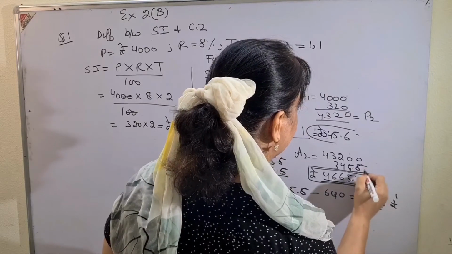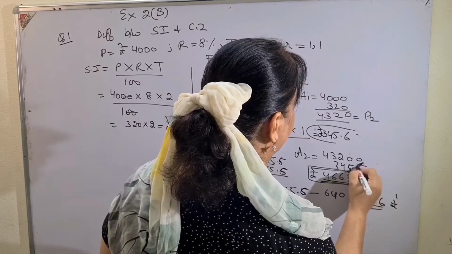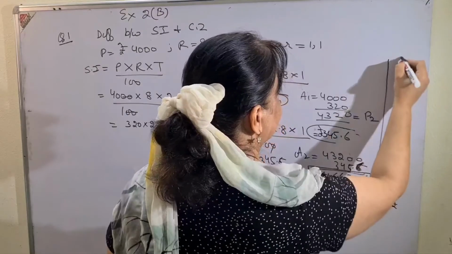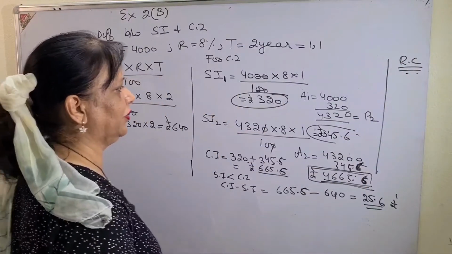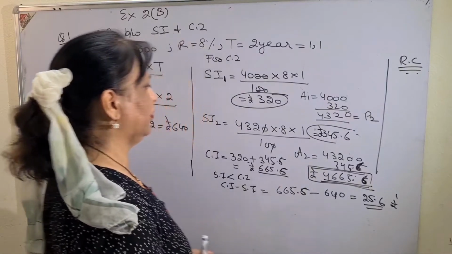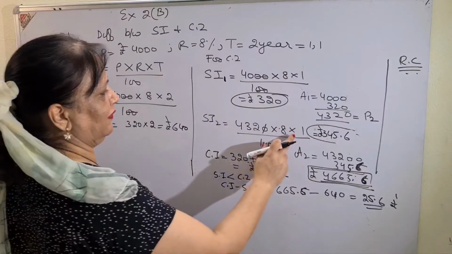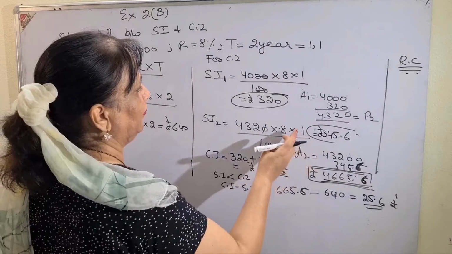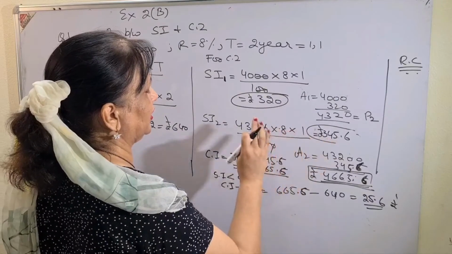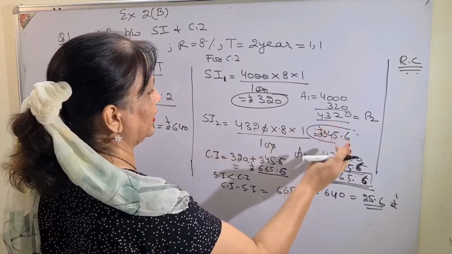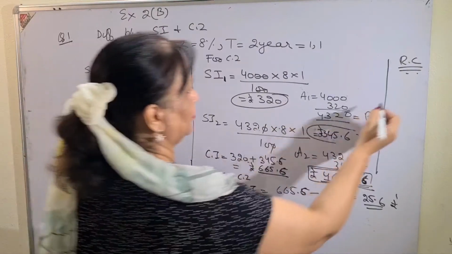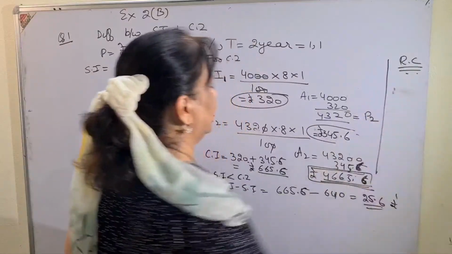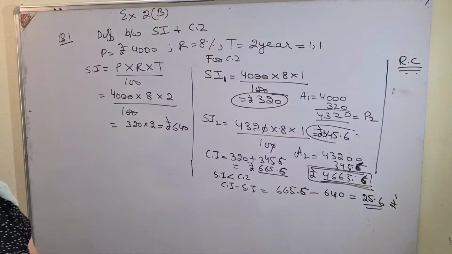So be careful, children. Again, I am telling you, be careful about your calculations. Do all the calculations in the rough column, because while doing it you get confused. So be careful about it. Check it twice, as I have done. 8 to the 16, 1, 8 to the 24, 25, 26. Then 4. This is your answer. If you are okay, done. So this is how you are going to do it.